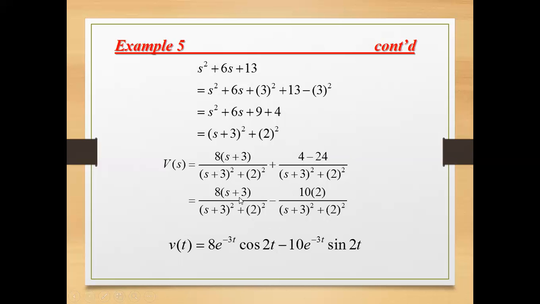Now, look at this. So this would be now 8s plus 3 over s plus 3 quantity squared plus 2 squared. Now, if it's an s in the numerator, it's a cosine. The 2 came from the omega here. Now, this e raised to minus 3t, it's because your s was all shifted by adding to it the alpha. So, the alpha here is 3. The 8 is the constant. So, it's 8 e raised to minus 3t cosine of 2t.